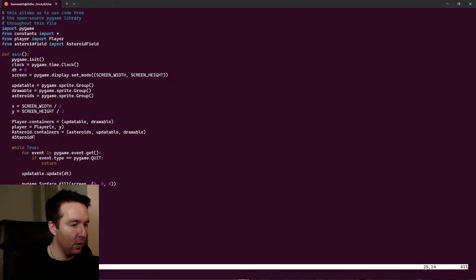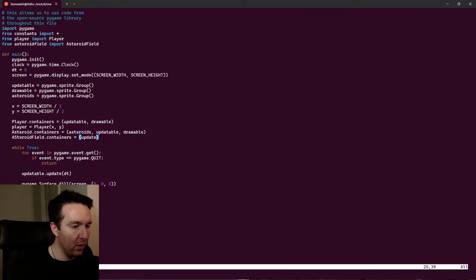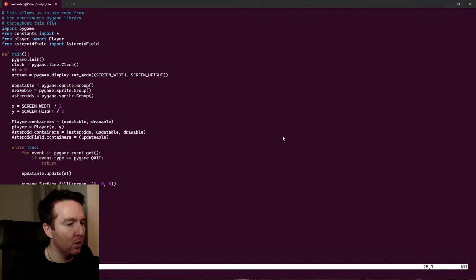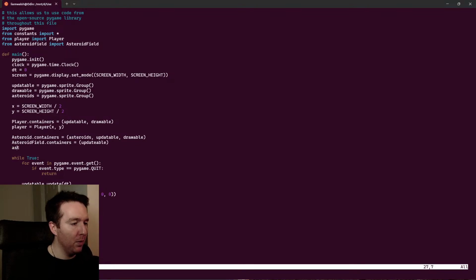So asteroid field dot containers equals, what was it? Updatable group, updatable. Create a new asteroid field object in the initialization code. Asteroid field object. Asteroid field equals